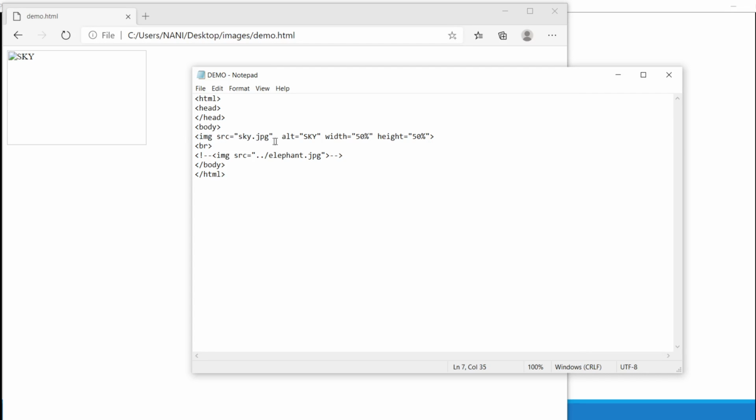What is the tag that is used for image? img. Where are we getting the image from? Source. Source equals what I wrote? Sky.jpg. Here I don't have the sky image. Then what is it displaying? Alternatively, I have written some text, that is sky, with height and width percentage 50-50.